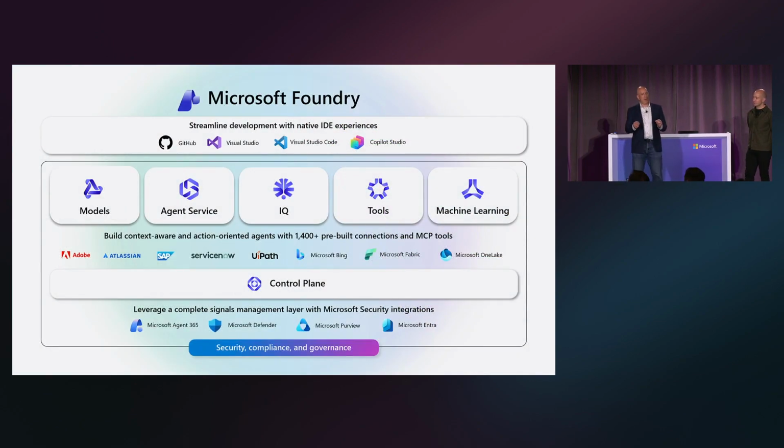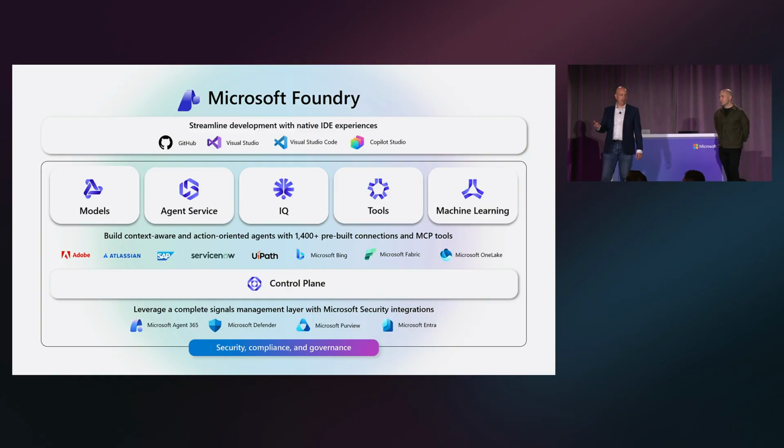All right, so when it comes to Foundry, well, if you haven't seen this slide by now, you have not been paying attention. We have added a lot of new features to Foundry, notably the IQ capabilities, and that includes Fabric IQ, but it also includes Foundry IQ to endow your agents with knowledge and certainly control plane. And that's all about governance, observability, monitoring, cost monitoring, and all of those kinds of things. But we have been very much orienting Microsoft Foundry around an agentic experience, around helping you build these agents, some of which we will be seeing later today.